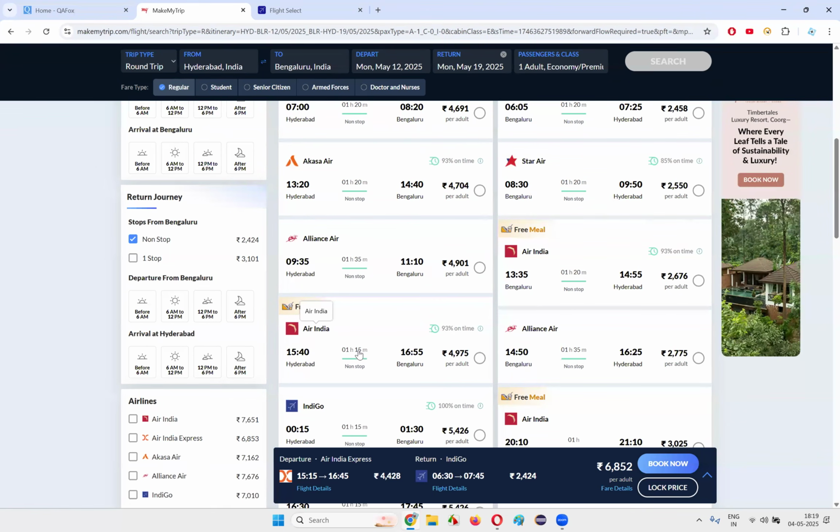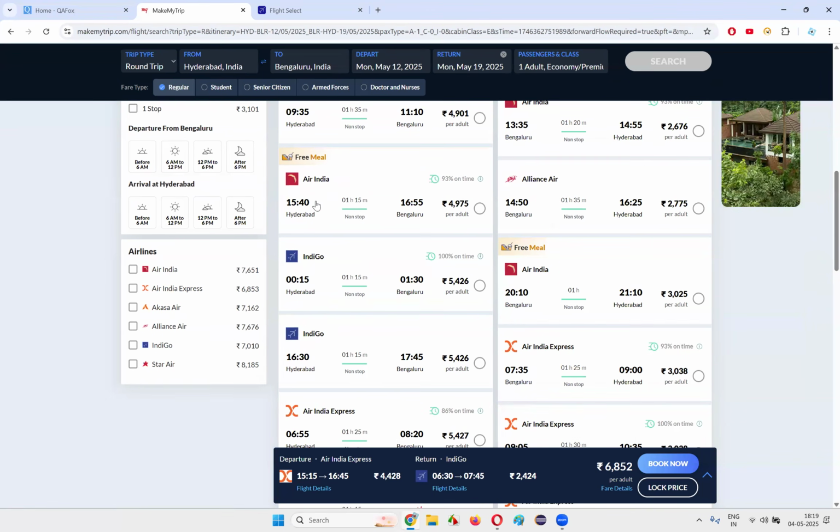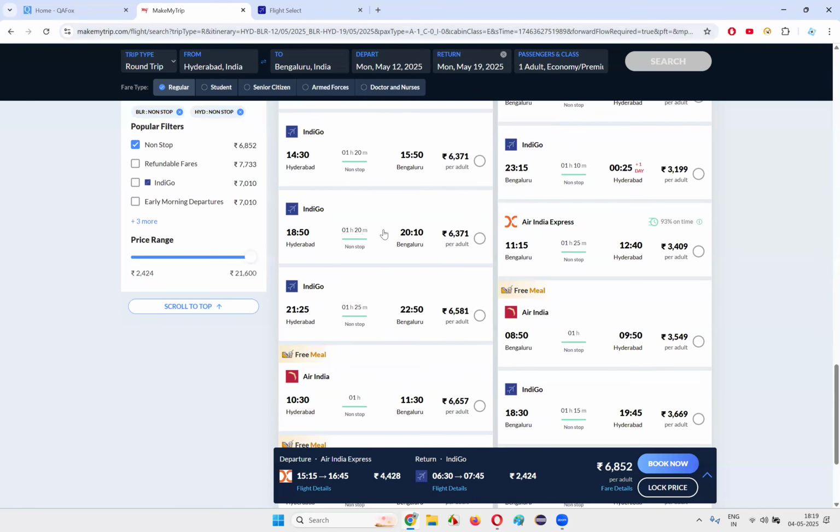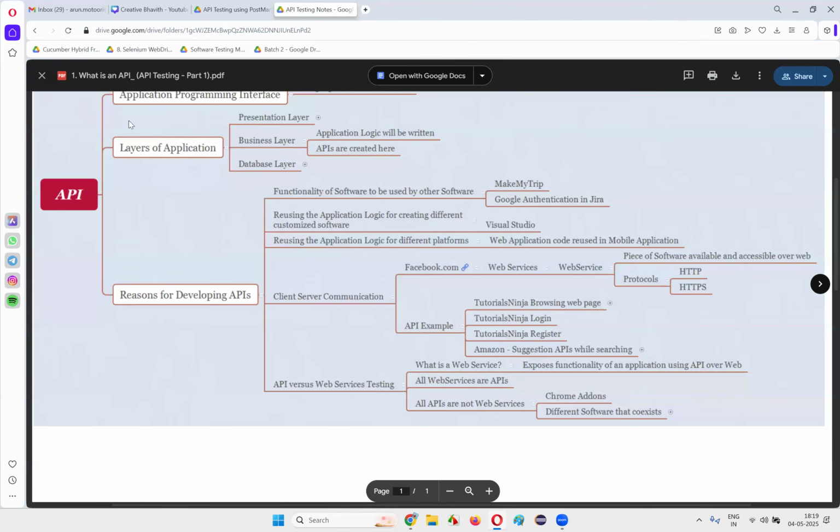Okay, also taking APIs of Air India to display their flight details. Star Air also, APIs of Star Air are being used by the Make My Trip website to display the flight details of Star Air and many more, right? This is what is happening. Able to understand, right? So one of the reasons why APIs need to be created is if a particular software